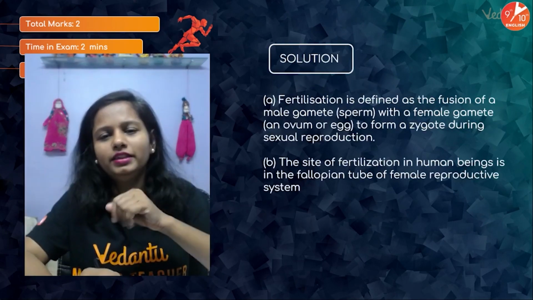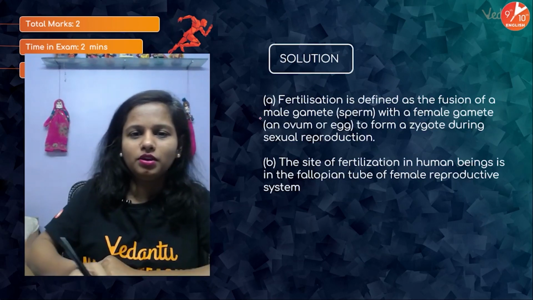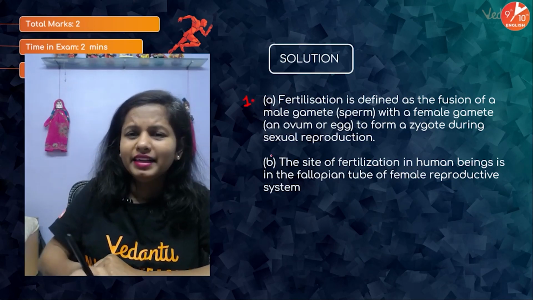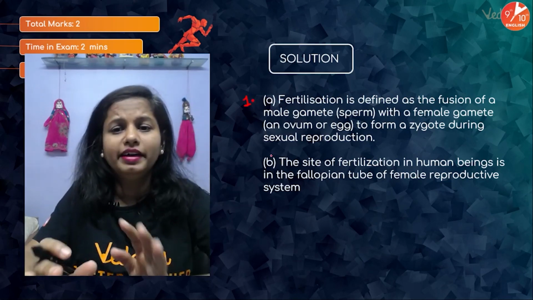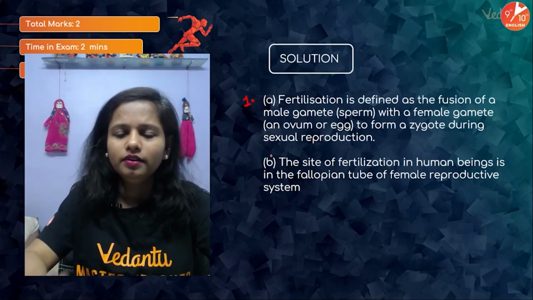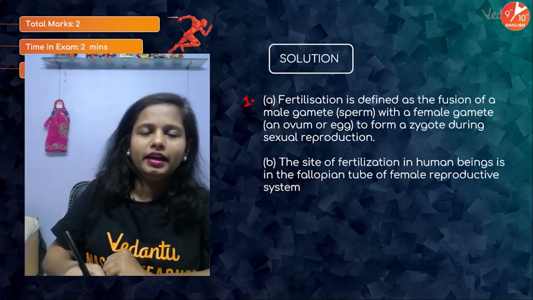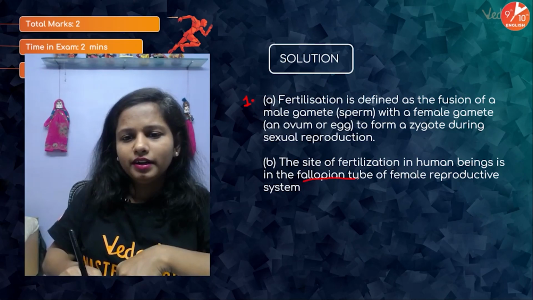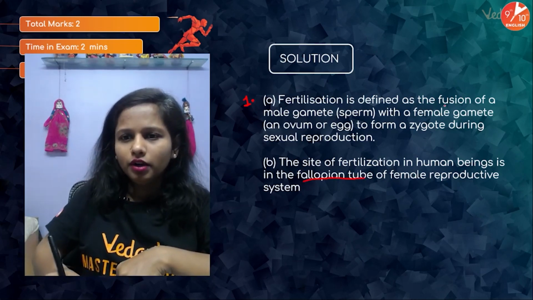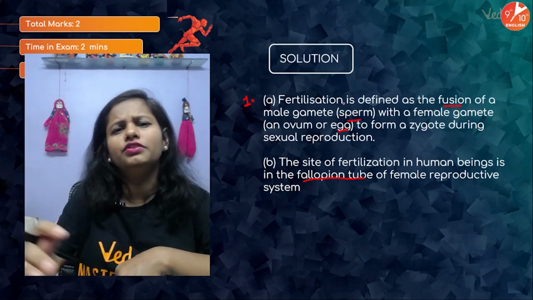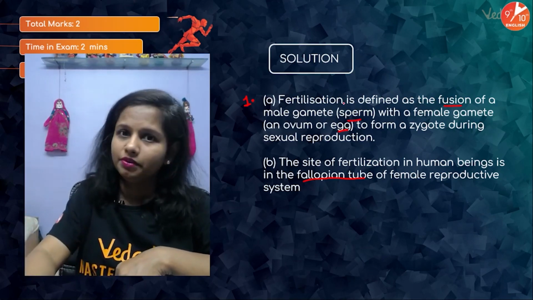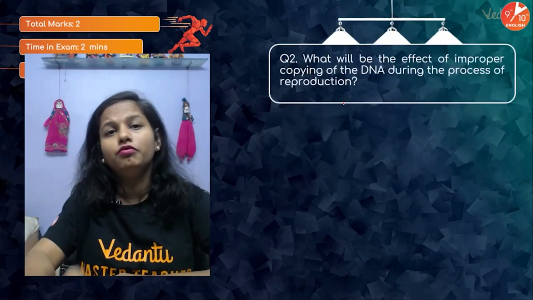So you write 2 different answers. Okay, so it will be like question number 1, A and B. Okay, ensure that you're writing it point wise. Okay, perfect. And it would be great if you highlight the answer, like fallopian tube, you underline it. Okay, you underline fusion, you underline sperm, you underline egg. Teacher will understand and will give you full marks without even reading the entire statement. Okay, that's the trick of highlighting with pencil.